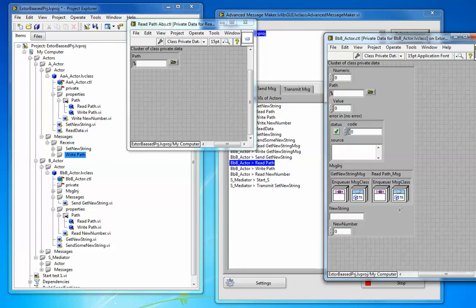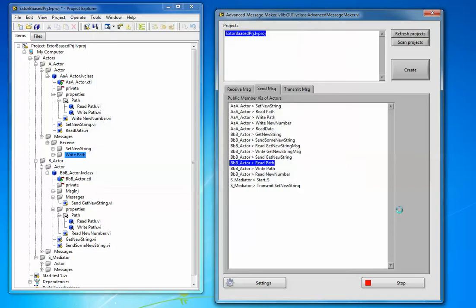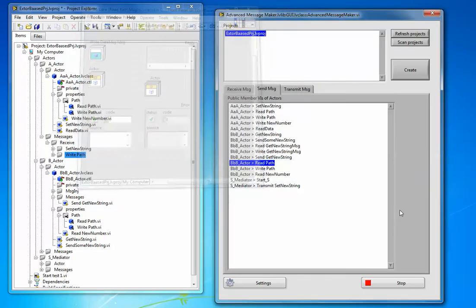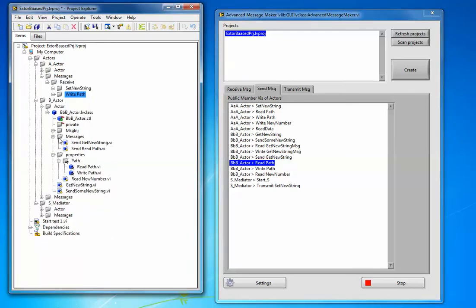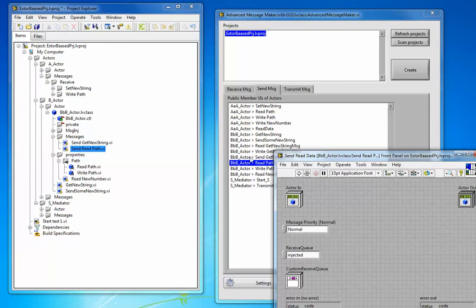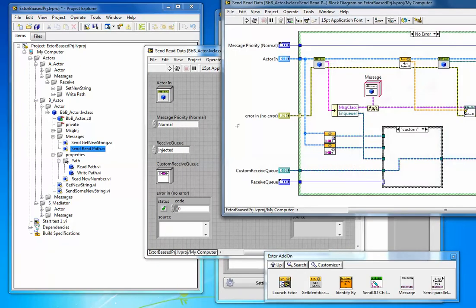The child information about the message that will override the abstract message. And when we use the message injection message, that will update this data in the private data of that actor. So what has been created is, in this B actor we have a wrapper which does everything for us to send a message. That is the send read path, and